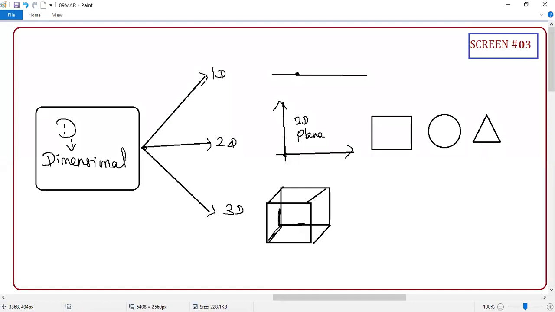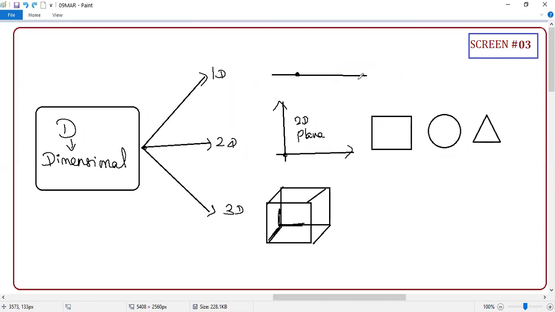Sir, I'm not able to visualize that. Very simple, student. If you have a line, a point can move in only one direction. And consider, students, you are sitting in a room. In the room, you have walls, right? Take any one wall and put a line and put a point. I'm putting the restriction that the point can move only on this line, meaning the point can move either left and right. That's all, only one direction.